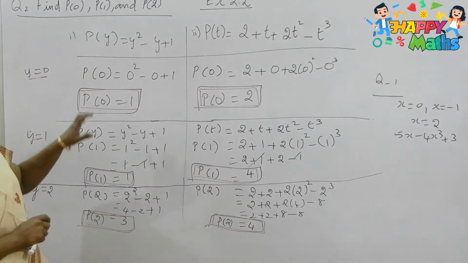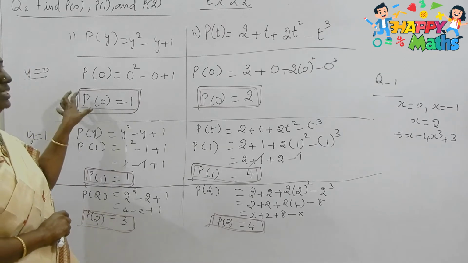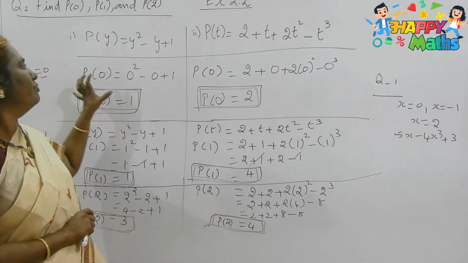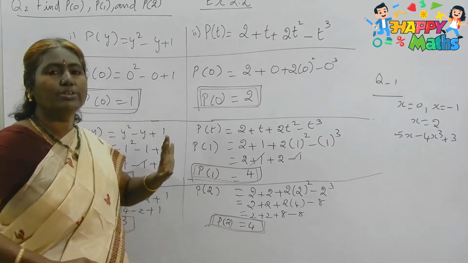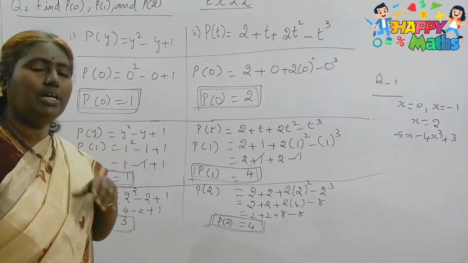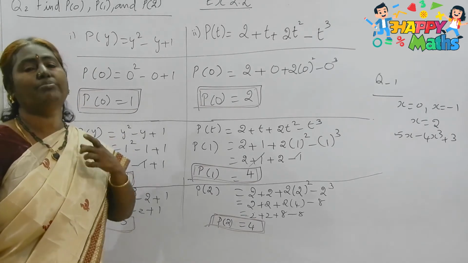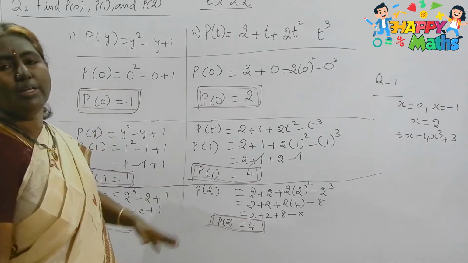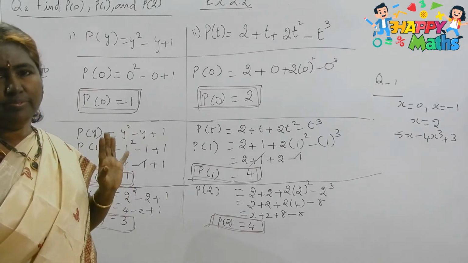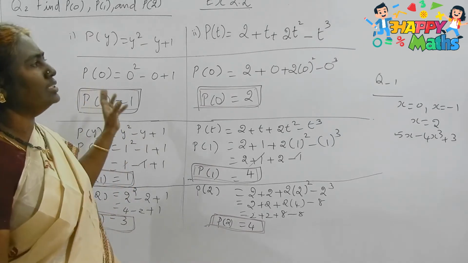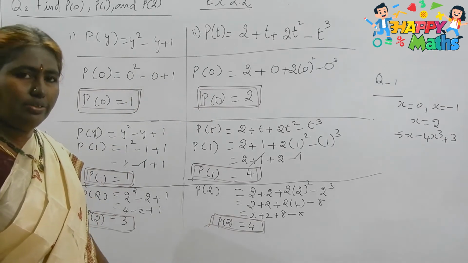What can you understand from these two? Can you get anything from these two? Can you get any idea after substituting y is equal to 0 and after substituting t is equal to 0? Why am I asking you these things? These are the things you have to learn from any sum. Only doing the sum and getting the answer is not our purpose. So, what is the generalized idea you have to get from these two sums? Can you get it now?